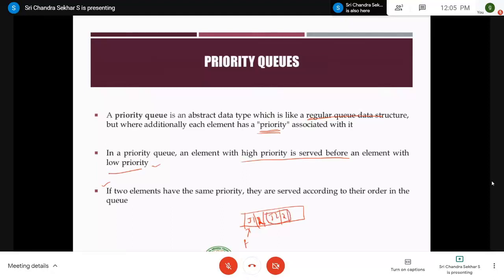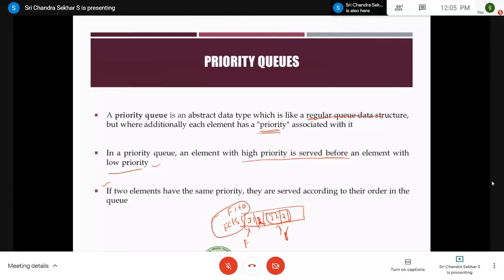In such a case, since both J1 and J2 have equal priority, you should put J2 at the end of J1 itself, right? Why? Because J1 has entered into the job queue first, therefore it follows the FIFO order or first come first serve, which is FCFS, right? All these terminologies are one and the same.